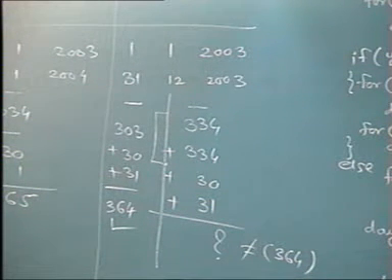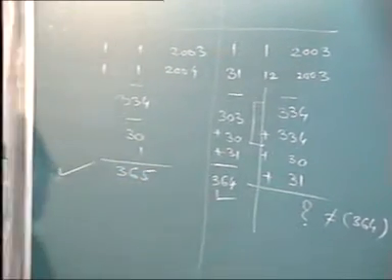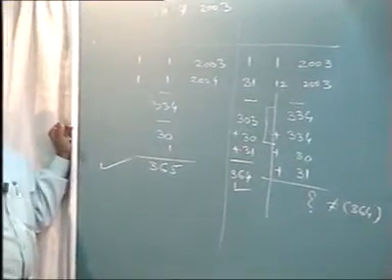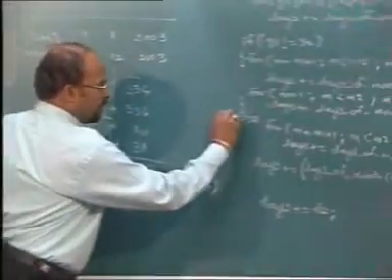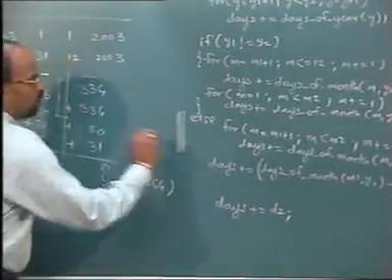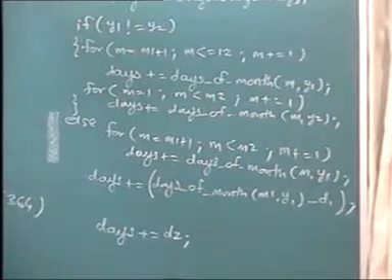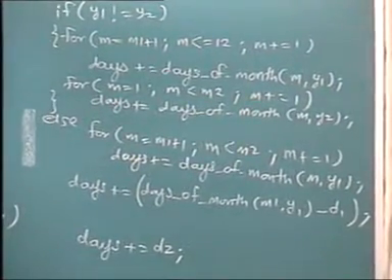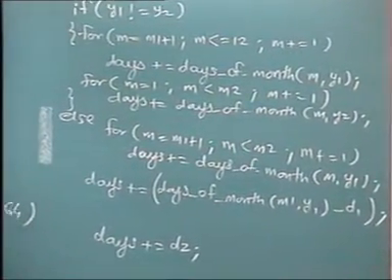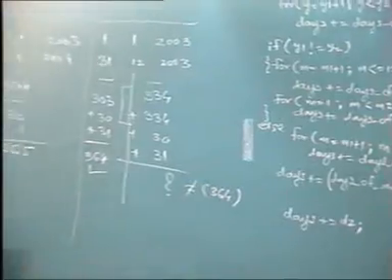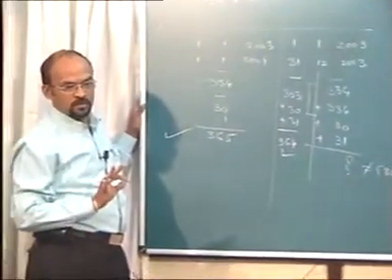Is it going to hamper this solution? No, because it will still follow the same path. y1 is not equal to y2. अभी तो हमने पैचअप सिर्फ इतना ही किया था. y1 not equal to y2 is still valid, so this answer will still remain the same. I have not touched anything else. I have just added this part.